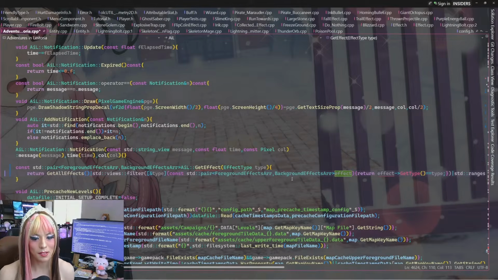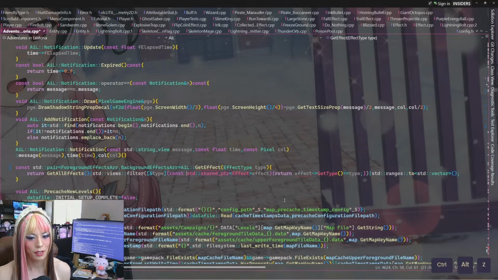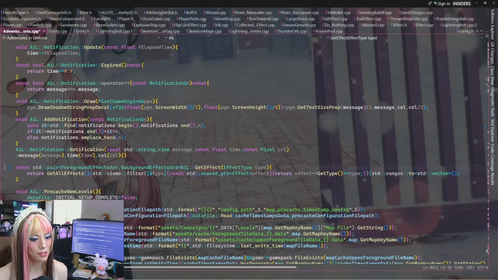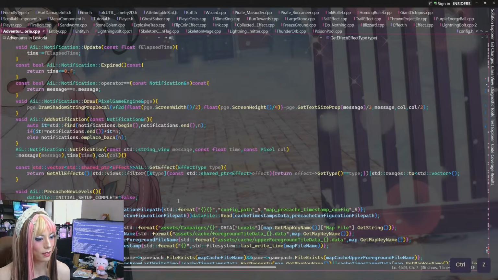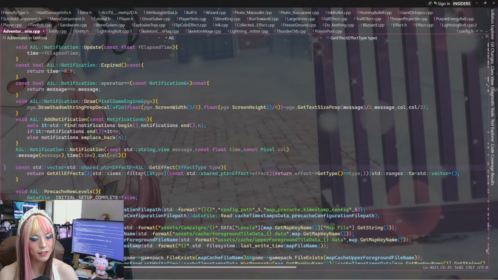Okay, so that's not what this is supposed to be. So, get all effects is going to return... Okay, so this isn't right. This should just be a particular effect, right? This is a vector of... Oh, I see. It's a vector of every effect that matches. So I guess it would be like a vector of...